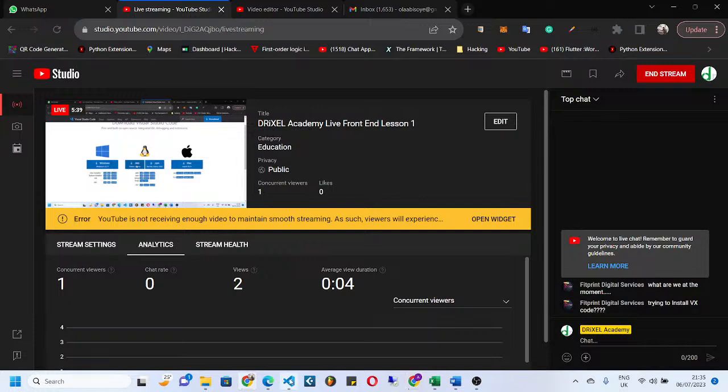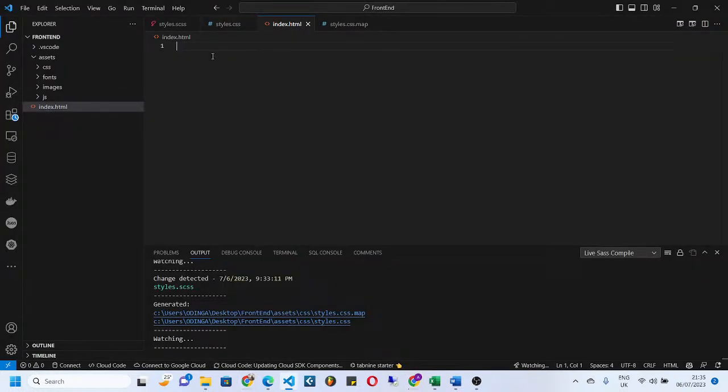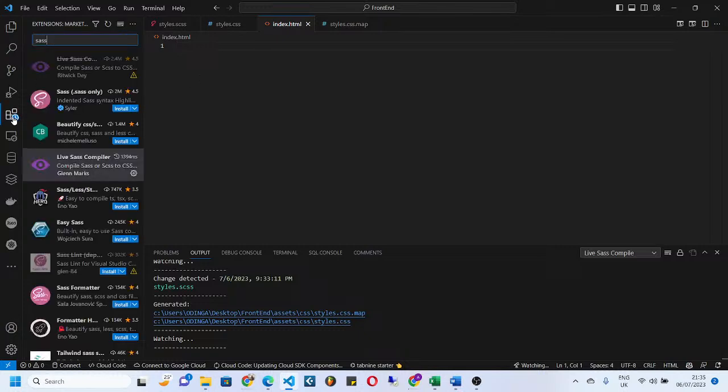So I'll go back to my VS Code right now. Don't forget, before I started, I installed some plugins here. Part of it was Live Sass Compiler and HTML5. I've installed that as well. I've also installed Bootstrap 5. Therefore, I'll go to my index.html and I'll write